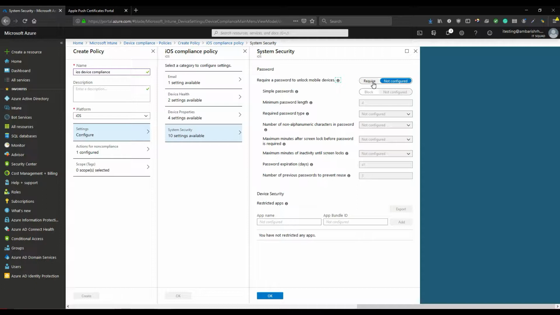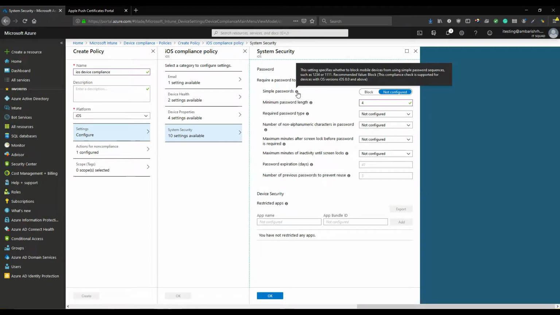So it's a good practice to have some sort of restriction, some sort of compliance checks set on Intune, so that your devices are protected with things like passwords and the right versions. So I'll use require, and then a minimum password length, let's say I'll keep it 4, and then required password type, I think a simple password, I'll just keep it as is, and I'll keep the password as numeric for the time being to make it very simple. So a 4-digit numeric password is required,